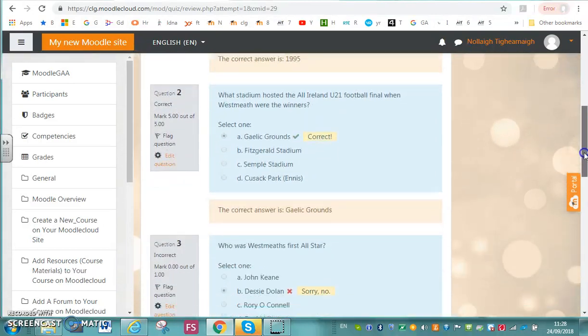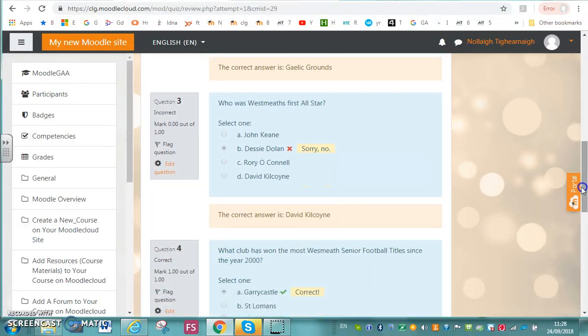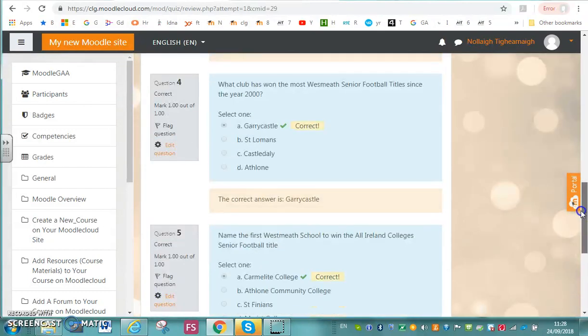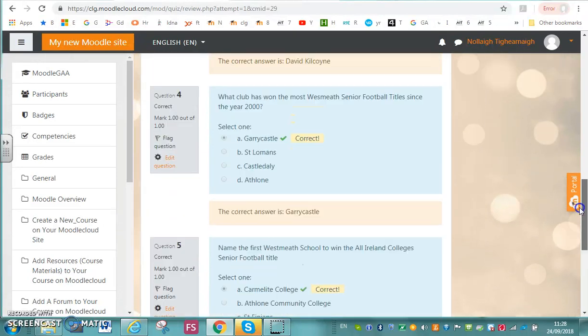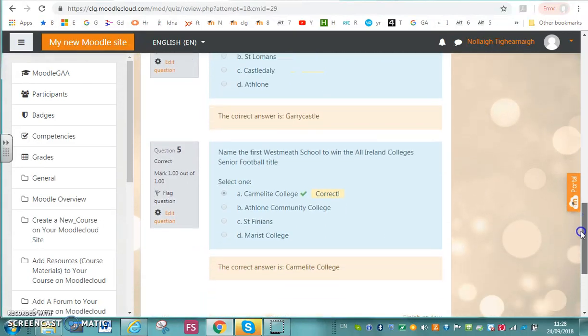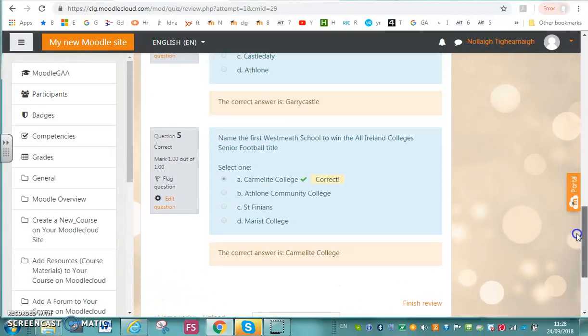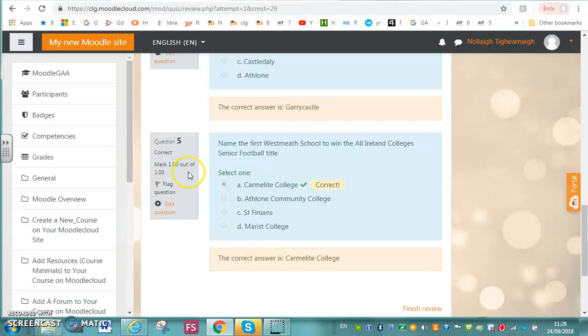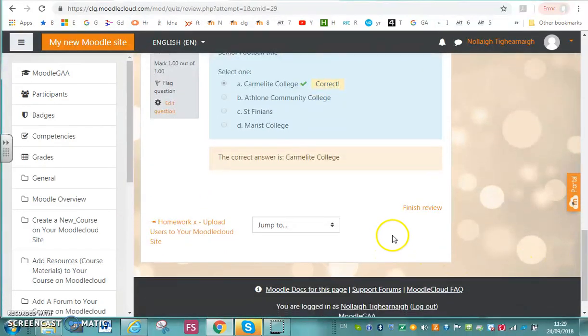So I was right in the first 2 questions, and Westmeath's first All-Star wasn't Desi Dolan. It was a guy called David Kilcoyne, who's a hurler, and I hope that's right as well. Okay, Gary Castle, according to me, are the most victorious team since 2000, and Carmelite College. Again, I'm open to correction on those. Anyway, I've reviewed my quiz, and I can finish the review. So if I was a student taking this, I finished the review,